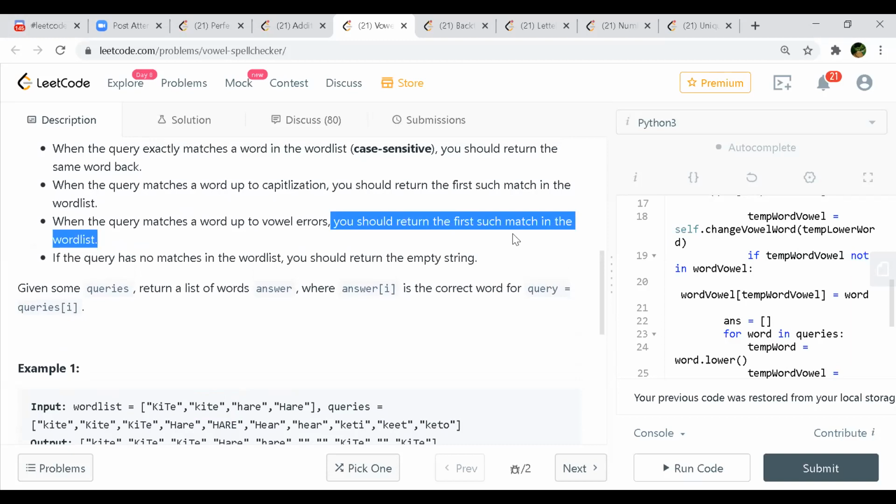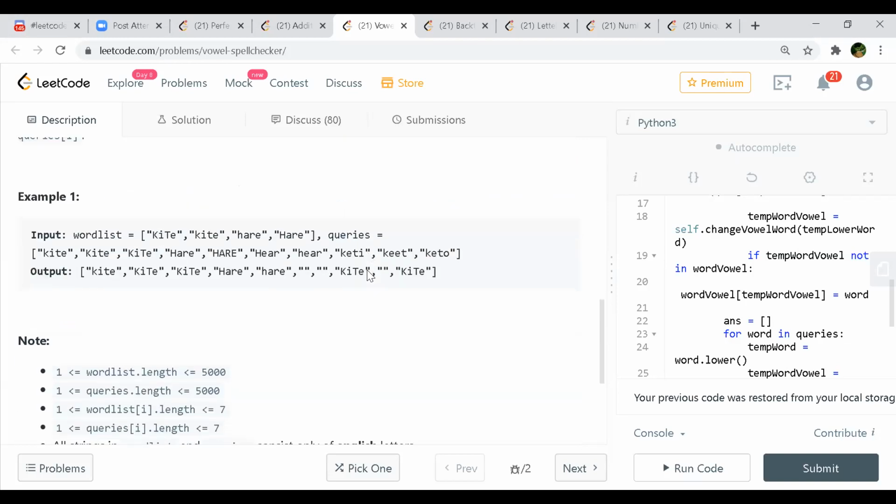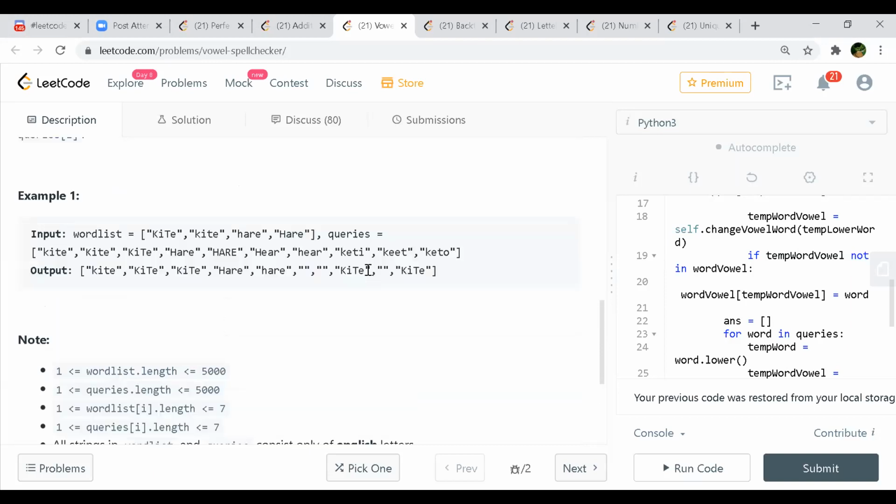Yeah, for the vowel errors. And for this, some shift concept. For example, this capital HARE, we are decapitalizing, converting to lowercase.